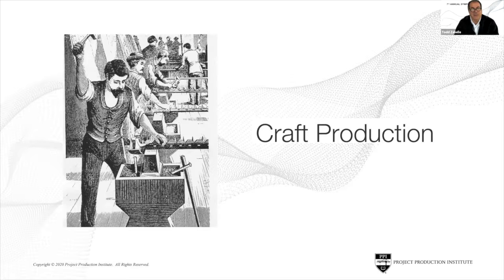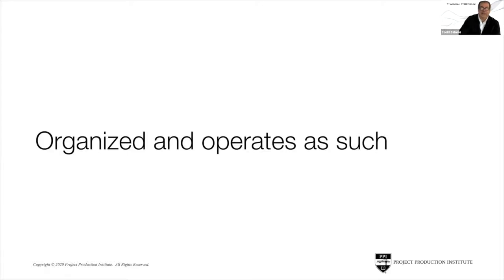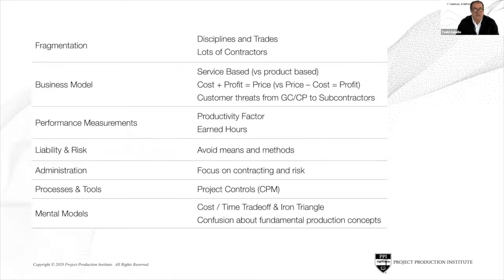Ed Pound this morning said at PPI, our research has indicated there's been no improvement in productivity since the turn of the last century. That shouldn't be surprising because we really haven't changed anything, and we're a craft-based industry, as let's say compared to what you just saw in the automotive sector. And we're organized and we operate as such. And so what does this mean? Again, some attributes: